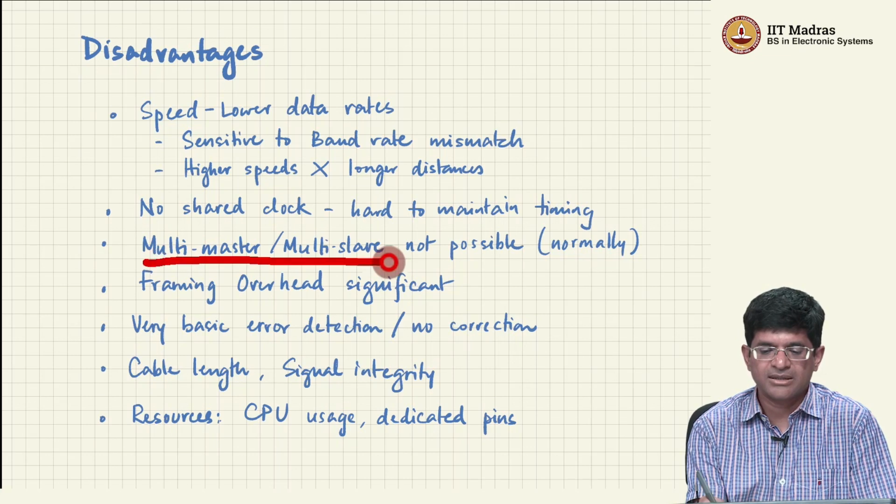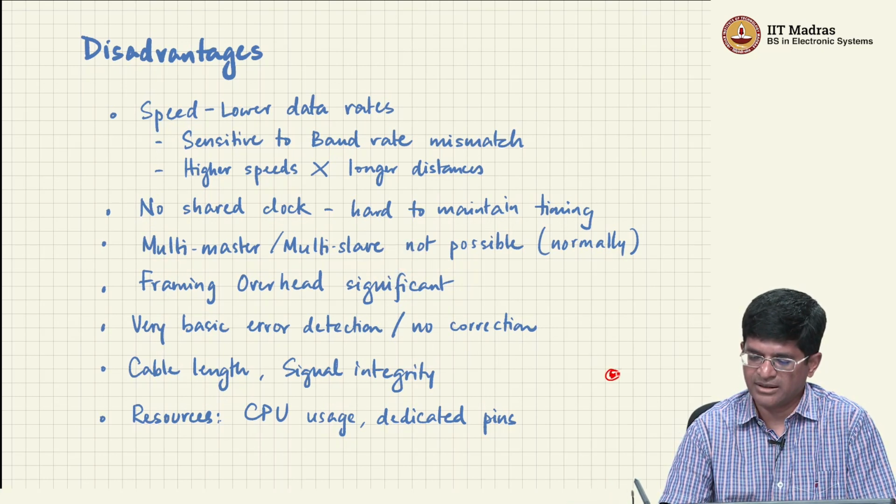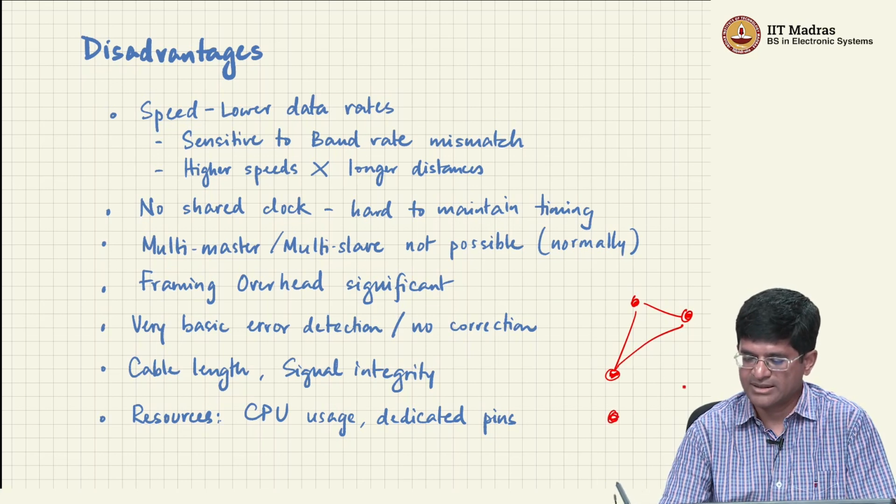Normally a multi-master multi-slave configuration is pretty much not possible using this design. What do I mean by multi-master multi-slave? It is something like I have, let us say, multiple different devices, all of which are trying to communicate with each other. This is what is called a point-to-point design, whereas a shared bus would basically say, can I have something like this? This is sort of the intermediate point over here, and I would have the ability to communicate along any of these,